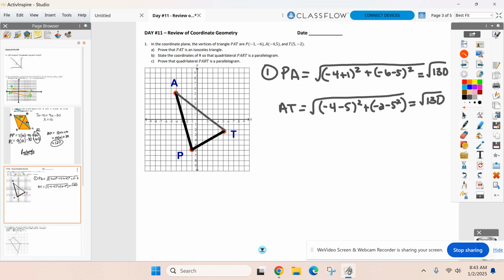Square root of 130. All right, hopefully you're getting both to be square root of 130 right on your calculator,